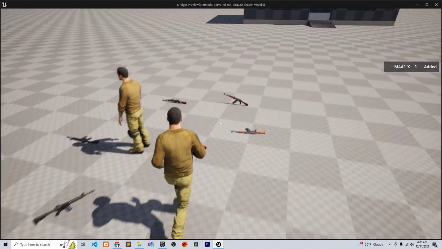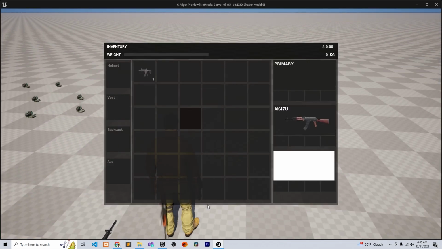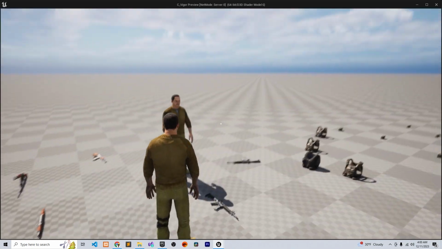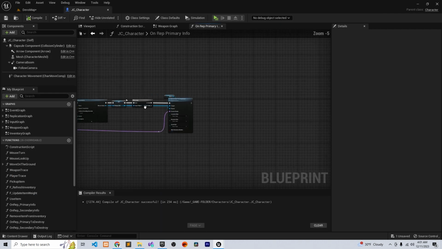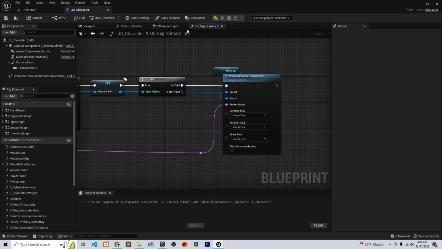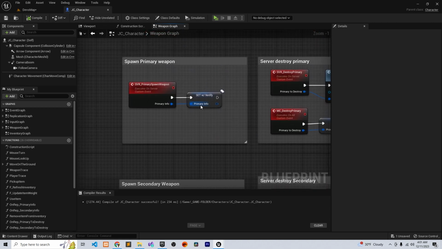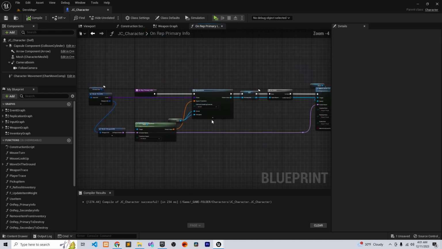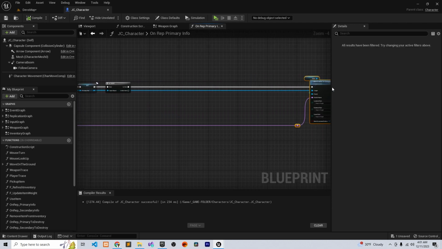Now you're gonna come across another problem. So when we try to equip, oh, it just slid through. So we need to disable the physics when we're trying to equip the item. So if you go here to the primary and the secondary where we spawn it and add it to the character, we need to click on that, drag this a little bit,